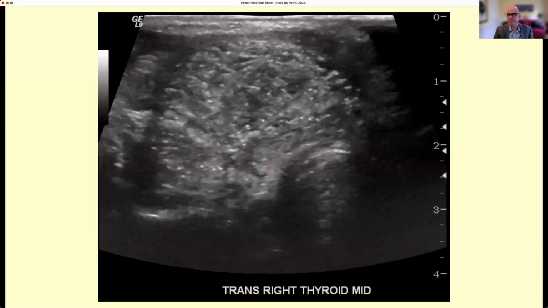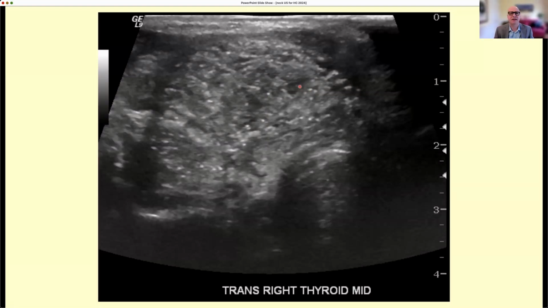And then you have bright reflectors that could be classified as microcalcification, and this is the most important part to be able to recognize. This is a large nodule. This is a trachea. The image is not perfect, it's an old image, but it's a large mass, and you can see these scattered and irregular bright reflectors that do not generate a shadow, and they're not associated with cysts. And so these are what we call